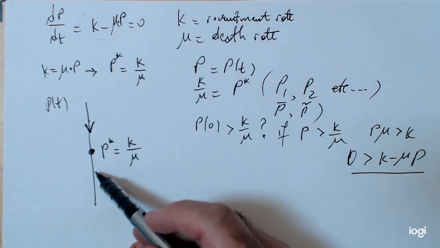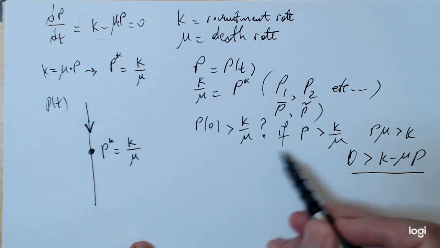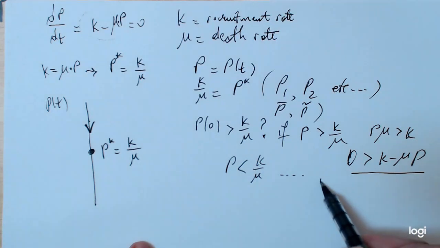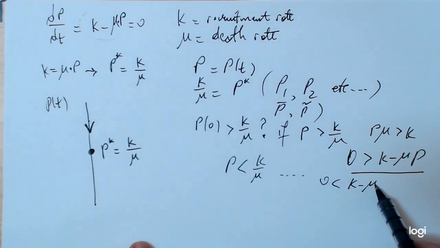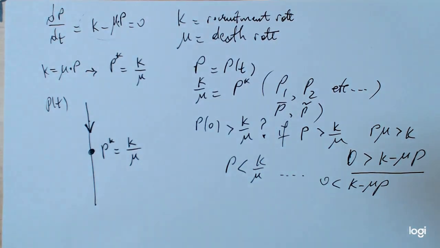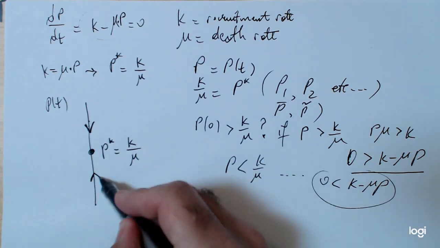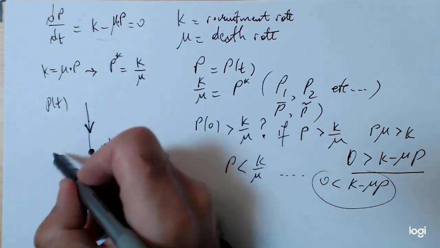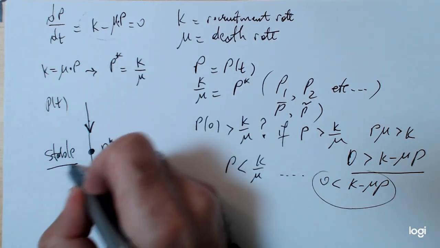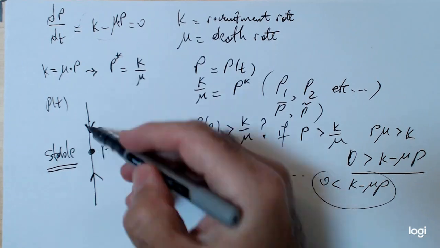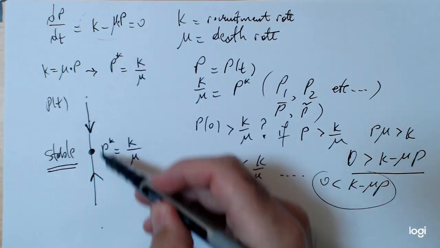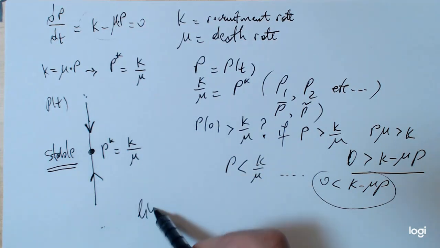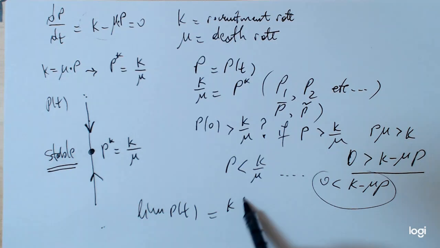And below, of course, there's a sign change. If this is reversed, so if you start with a value less than k over mu, then rewriting this inequality leads to 0 less than k minus mu p, which means k minus mu p is positive, so therefore it increases below it. So you have a single equilibrium point that is stable, right? Just a single equilibrium point, and it seems that no matter where you start, you approach the equilibrium point. So it means that the limit of p of t is k over mu,